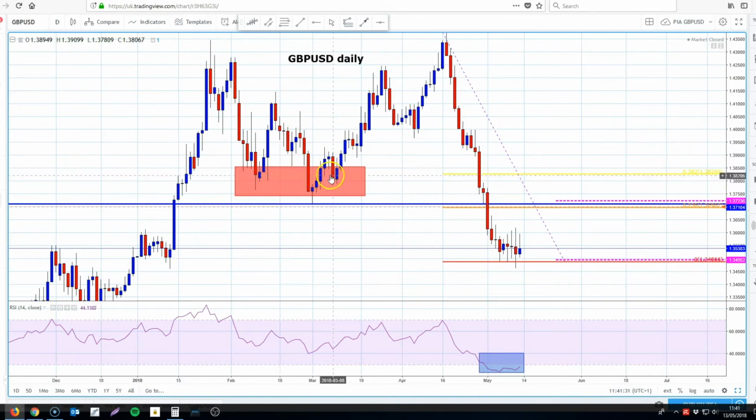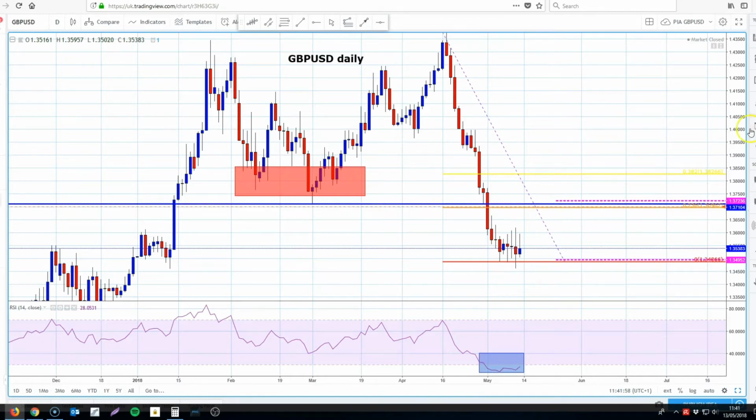This area here, it was support, okay, with the swing low from the 3rd of January at, let's just have a look, swing low 137.12. So that then becomes resistance, okay, so what was support becomes resistance. So we've got 137.12, we've got our bespoke level again, as we've highlighted at 137.24, and then we've got this